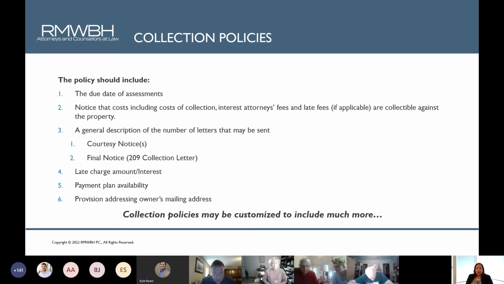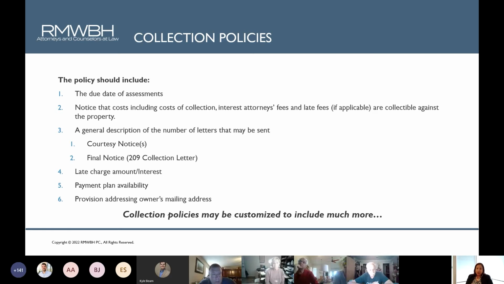Again, any indication of specific late fees or interest that is charged, you can either state in the collection policy that late fees or interest will be charged as authorized under the declaration, or if the declaration doesn't really set a particular amount for late fees, or it says something like the interest shall be the maximum amount allowed by law, the collection policy is a good way and really an appropriate way for the board to set the late fee amount, whether it's $10 a month or $25 each quarter, whatever that late fee is that you're going to attach to an assessment. The collection policy would be a great place for you to put that specific amount.